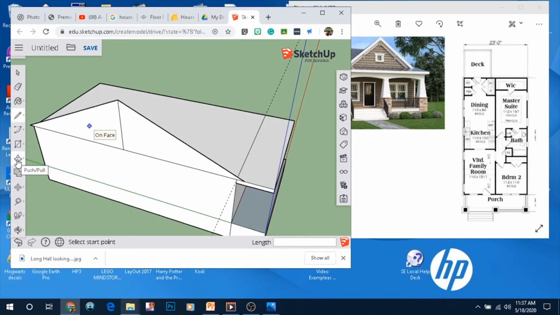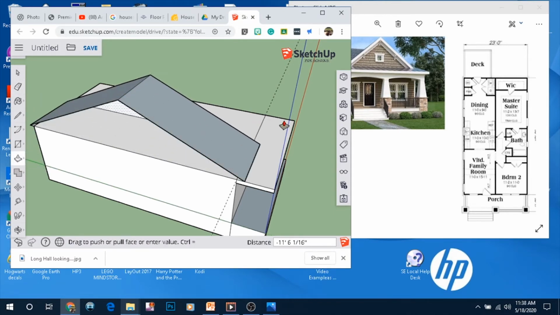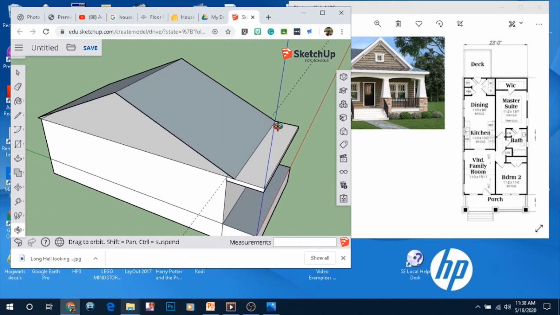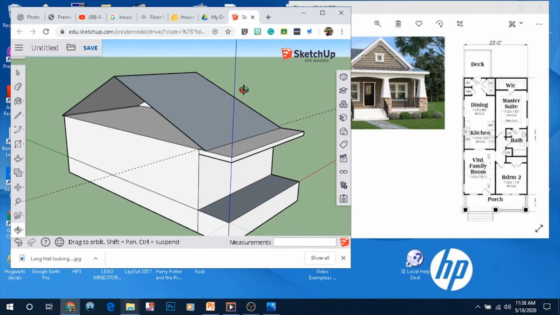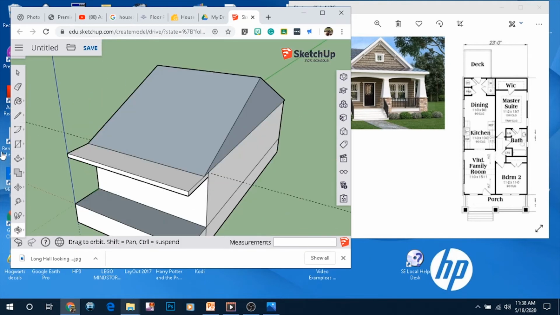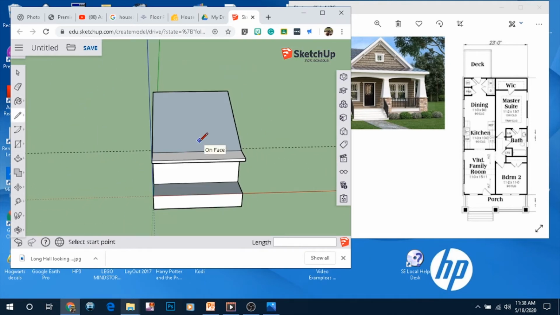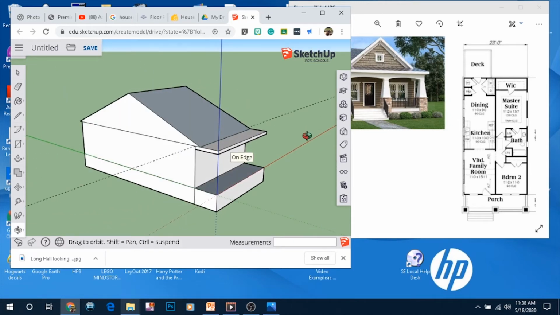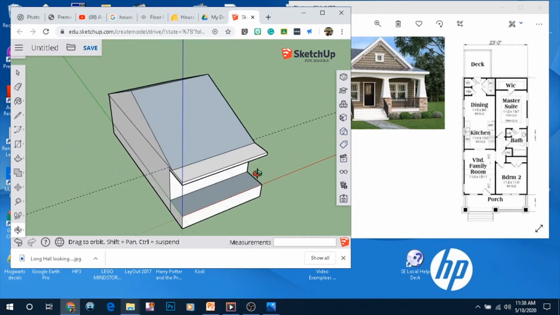Then I can go ahead and erase this center line and push this across like so. Okay, and if that line disappears, you can see how that part disappeared there. All you need to do to fix that is take a line and draw it right there like so, and it'll fill back in. Okay, so now the next step I want to do is